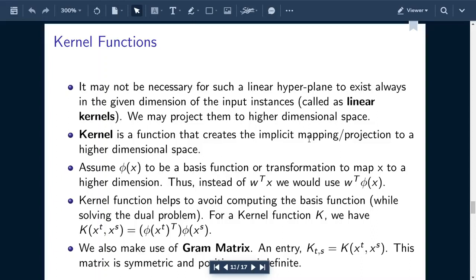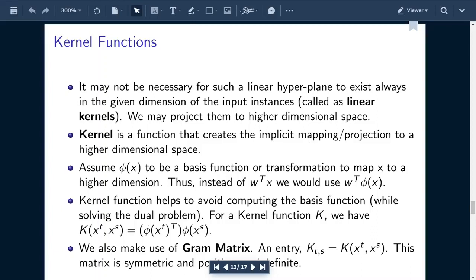Now for those who are interested in thinking about what exactly the kernel function is doing, if you know how to form the dual, let me reveal. When you try to solve the dual, you are going to obtain an inner product between two different instances. For instance, let's say two instances are xt and xs, then you are going to obtain xt transpose into xs in the dual. Now if you allow a basis function to be used, then in the dual you are going to take phi of xt transpose into phi of xs. Now that computation every time makes it tough.